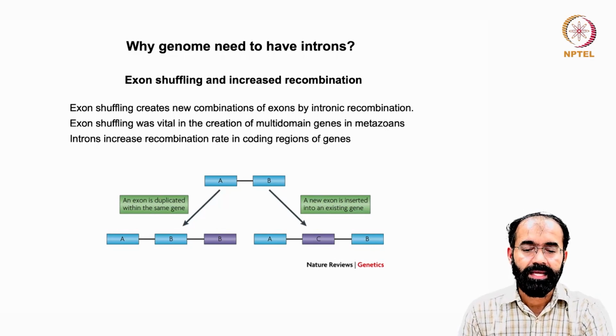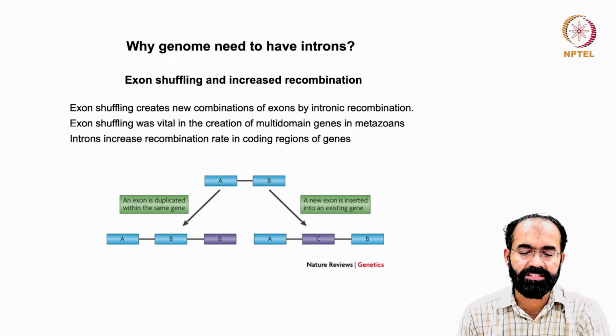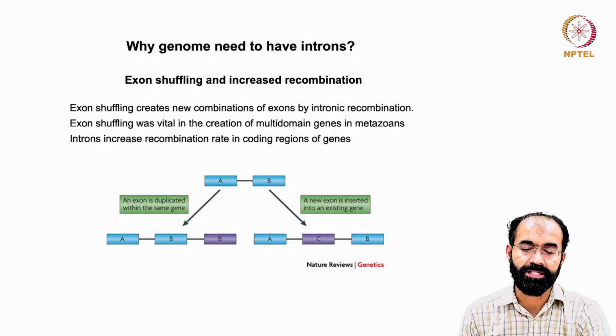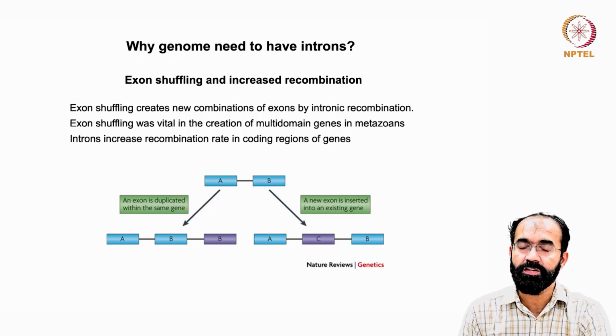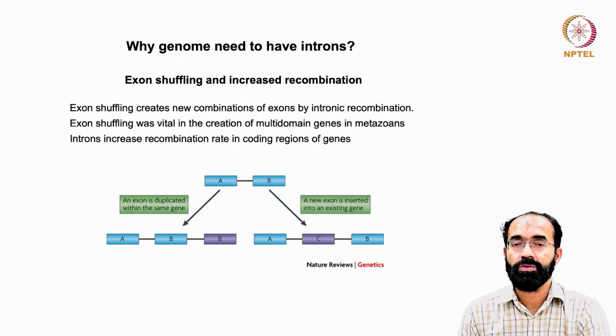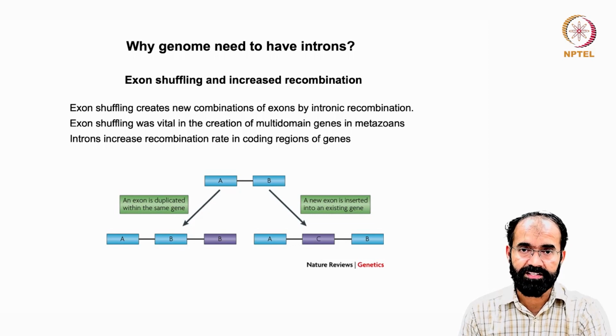Another option is that AB makes a copy of itself, but right in the middle you have an intronic sequence. A new exon is inserted into the existing gene via recombination. Who provided the atmosphere for recombination? The intron did, because exon also can provide it; there is no difference between exon and intron unless you bring in an mRNA context. But recombination in the intronic sequence will be viable, because an intron can tolerate changes and variations,